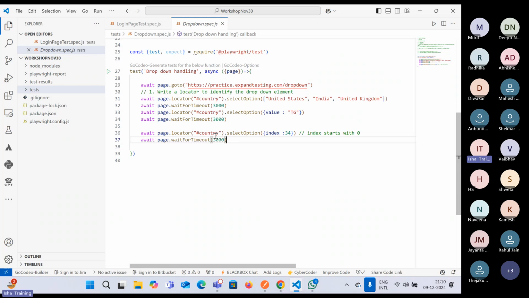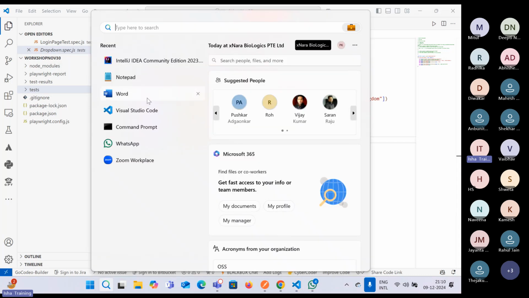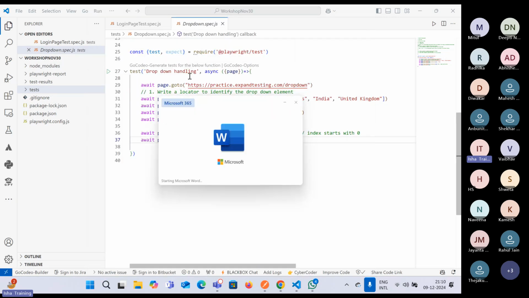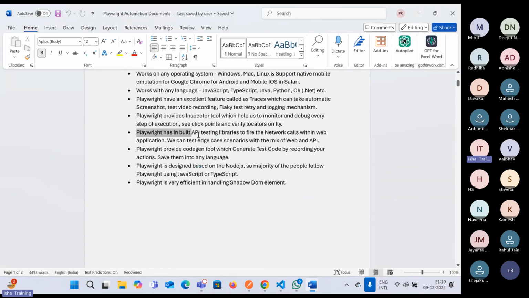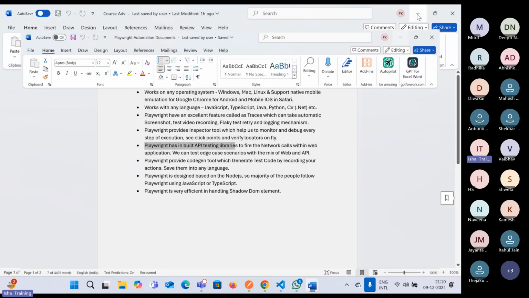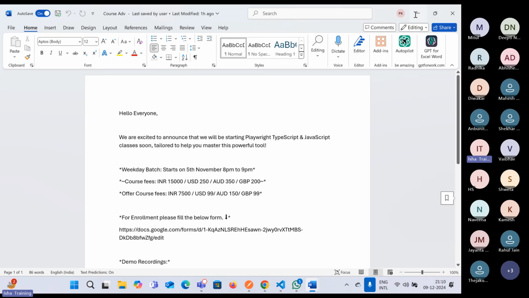Today, we'll look at Playwright. As we talked about the advantages of Playwright, one advantage we discussed is that Playwright has built-in support for APIs. If you see this particular document, it says that Playwright has built-in support of APIs, API libraries. So we'll see one simple example of how we take advantage of